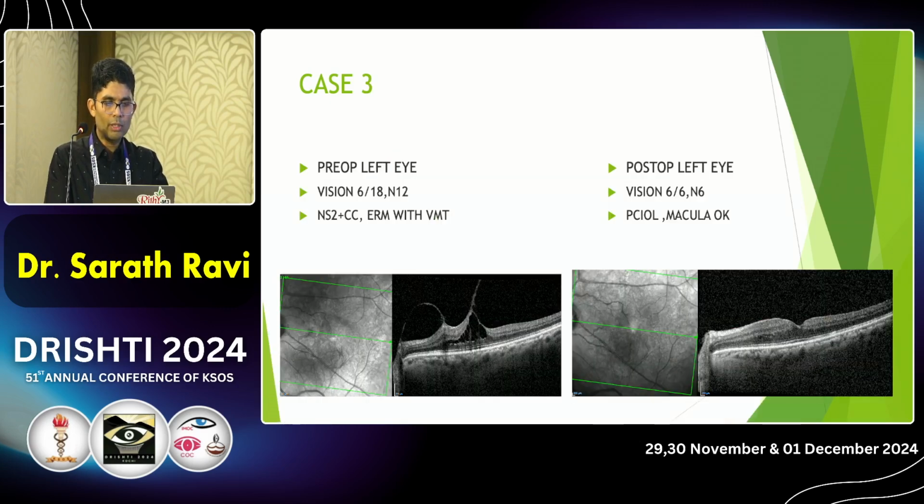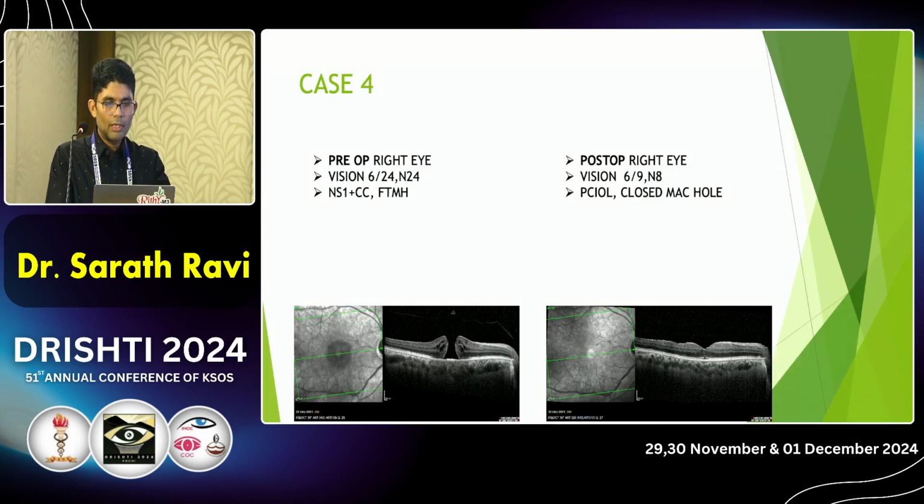And this patient with a broad VMT and epiretinal membrane and cataract underwent combined phaco-vitrectomy with double membrane peel and SF6 tamponade, and had a good anatomical and functional result at the end of 2 months. And this patient with a full thickness macular hole and cataract underwent phaco-vitrectomy with an inverted flap of ILM peel and C3F8 tamponade. At 2 months, there was a type 1 closure of the full thickness hole with a good functional